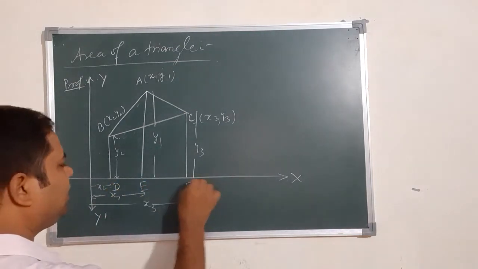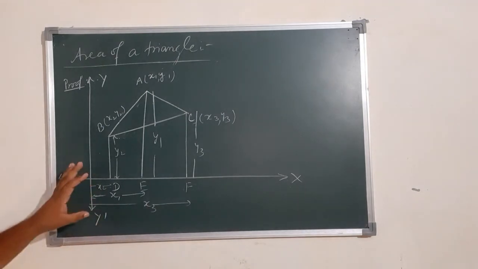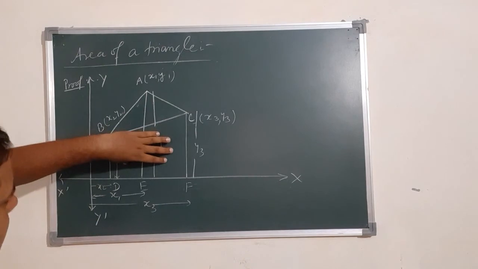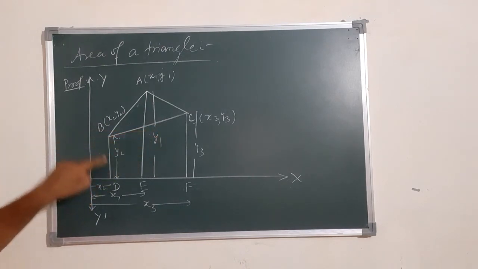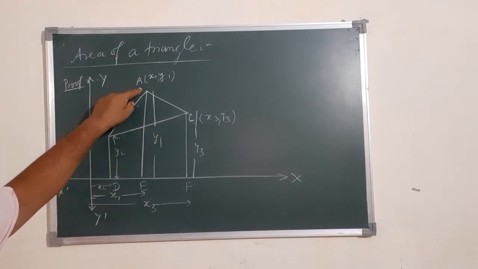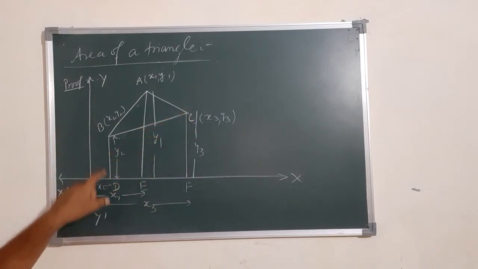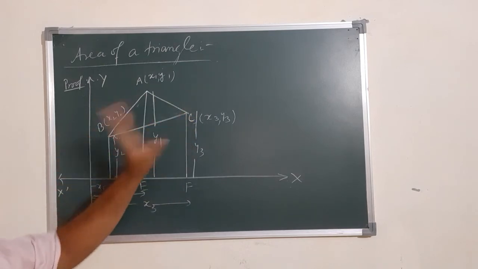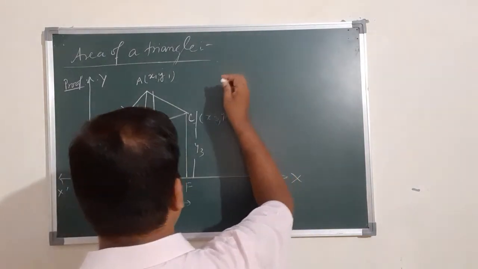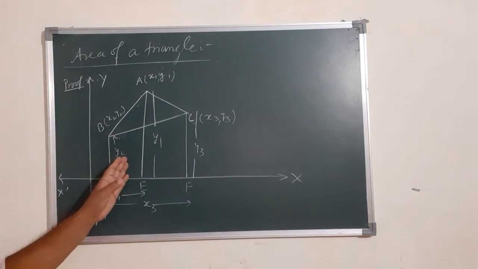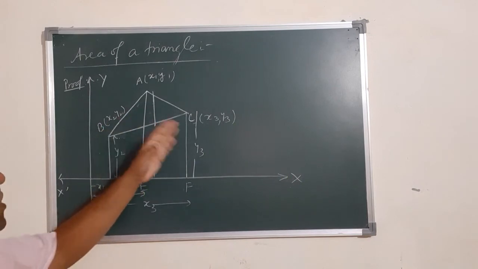So in this manner we have three trapeziums. First is BDEA, second one is AEFC, and third one is BDFC. See, if we add the areas of these two trapeziums and subtract this one, we will get the